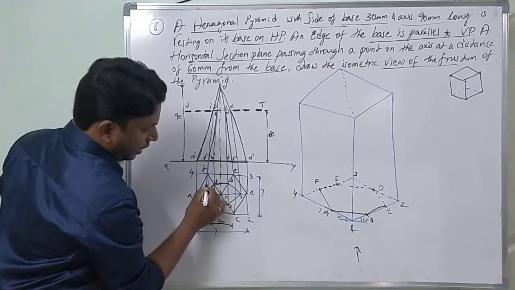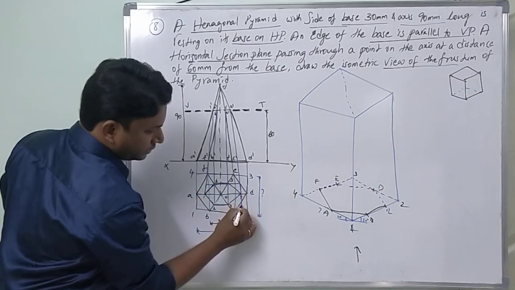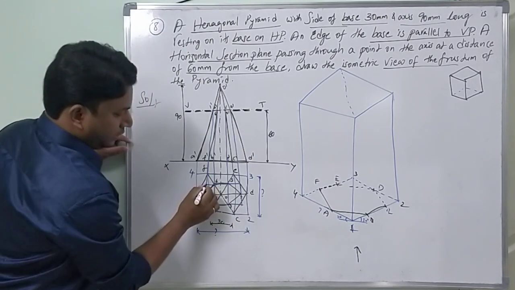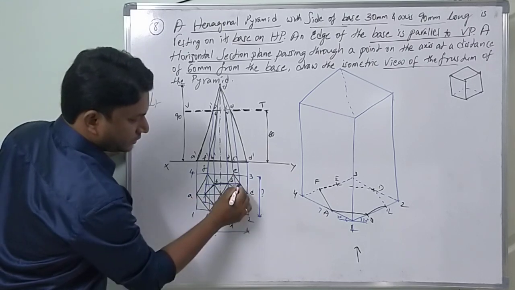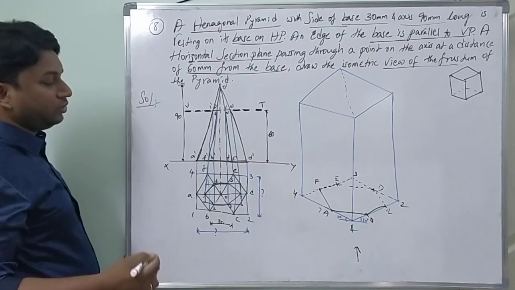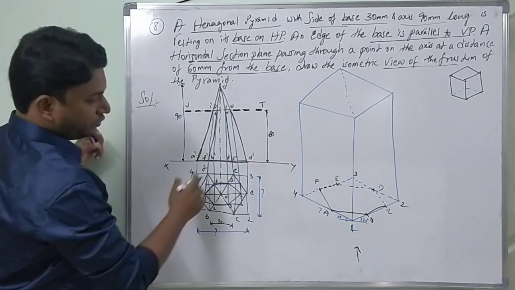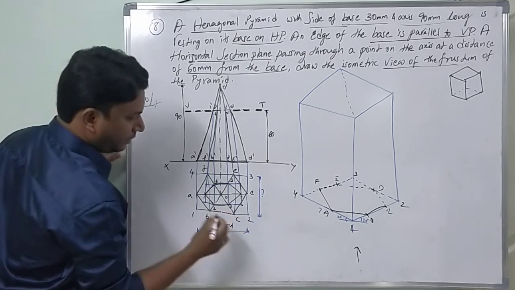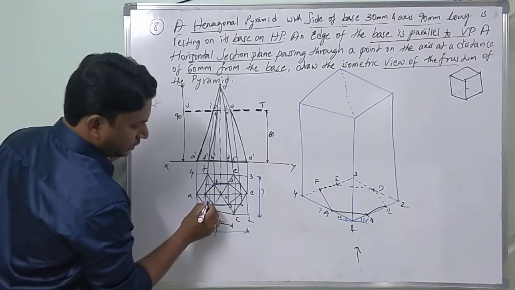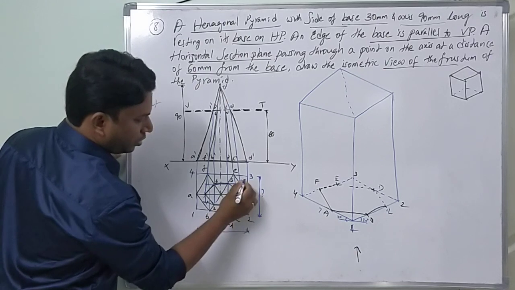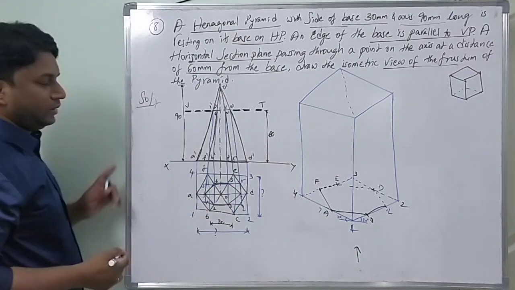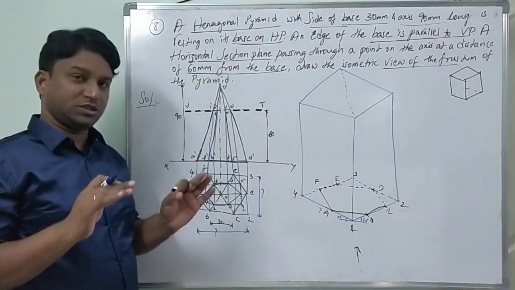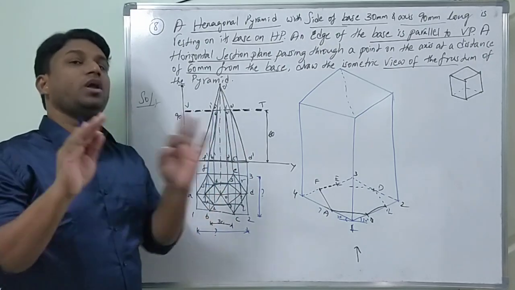Now from here I have to construct a small box for this. These are the 4 corners. Now for the numbering, I have used 1, 2, 3, 4 two times, so I can go for some other numbering, like small p, q, r, s. Look here, small p, q, r, s is the box which is drawn for the inside small hexagon.